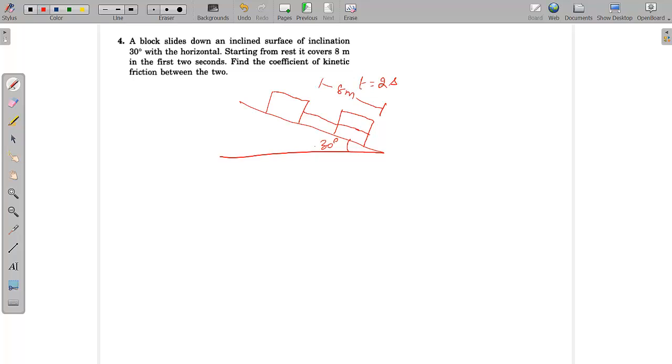We need to find the friction force acting on this block. The initial velocity was given as 0, so the block has started from rest. We have to find the coefficient of kinetic friction. If you find the frictional force, then you will anyway know the coefficient of kinetic friction. First, let's see how you are going to solve this, so that you will be able to know what kind of forces are acting on this block. Can you first find the acceleration within these 2 seconds?